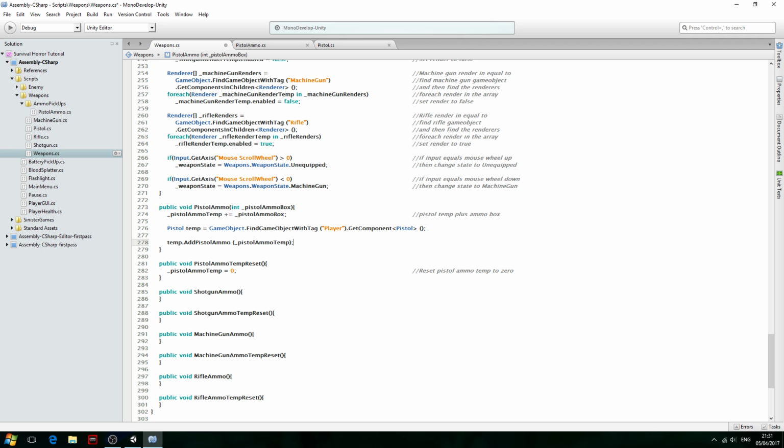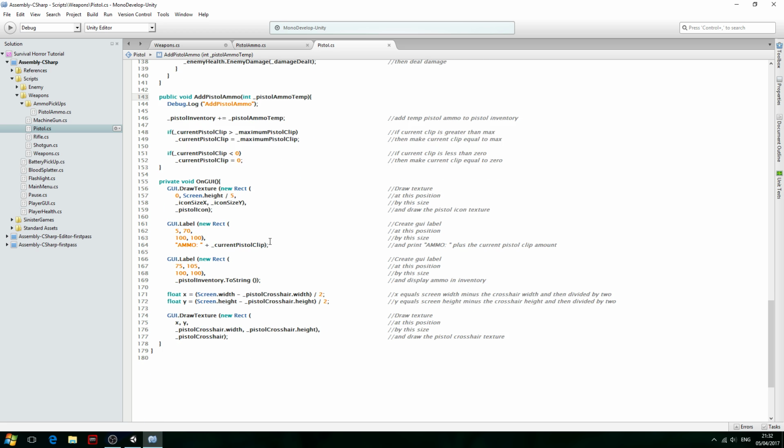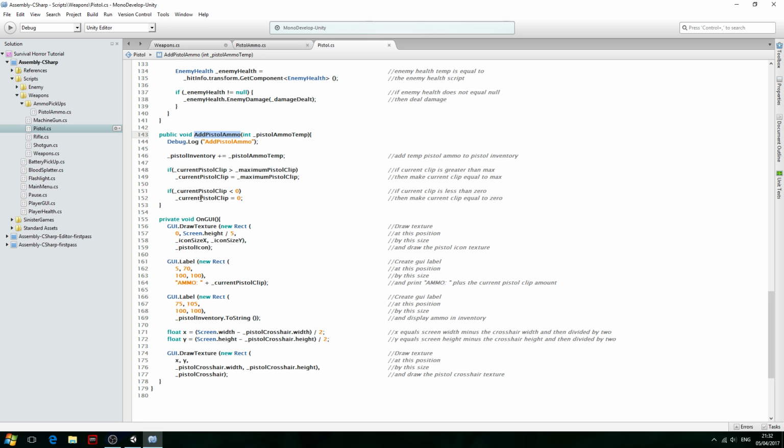So what we're now doing is we have this with a value of 12. We have a temporary variable that is equal to the Pistol script. So this has a value of 12 now. This represents the Pistol script. Here we're saying this temp equal to Pistol script, AddPistolAmmo, and if you remember, it's this void here